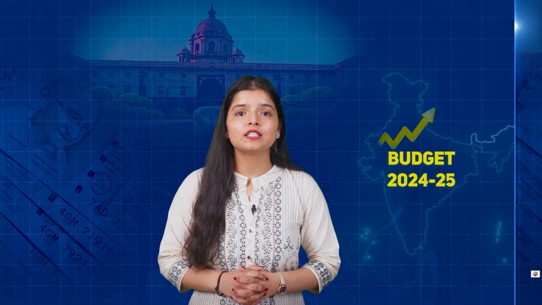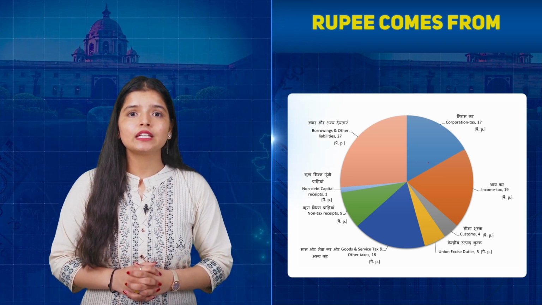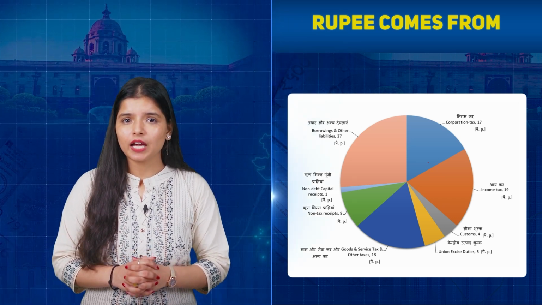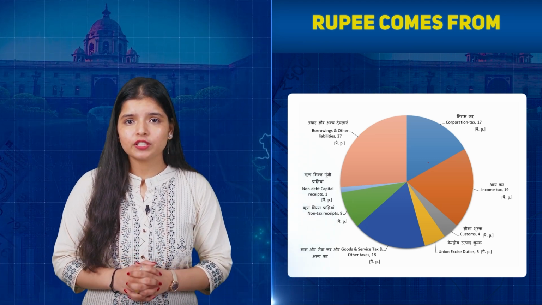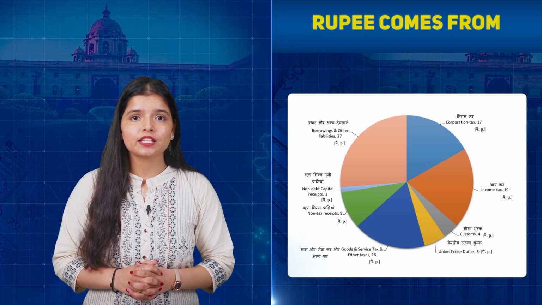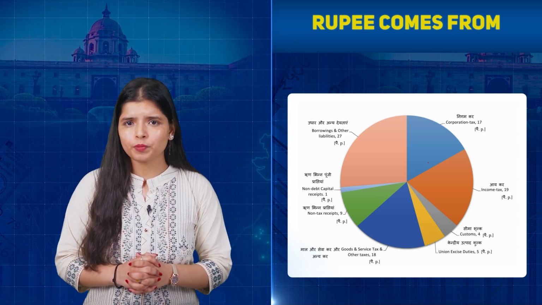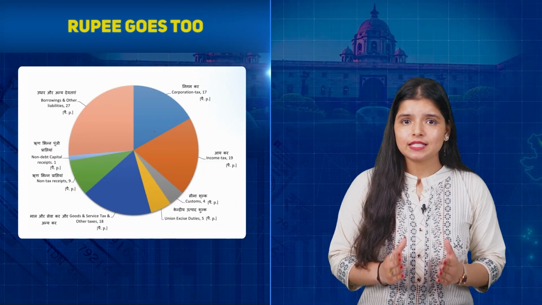The budget also provides insight on where the rupee comes from, which includes borrowing and other liabilities taking up 27%, income tax 19%, GST and other taxes 18%, corporation tax 17%, non-tax receipts 9%, union excise duties 5%, customs 4%, non-debt capital receipts 1%. With this, it also provides insights on where the money goes to, which includes state's share of taxes